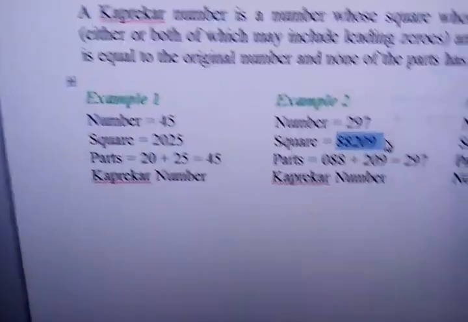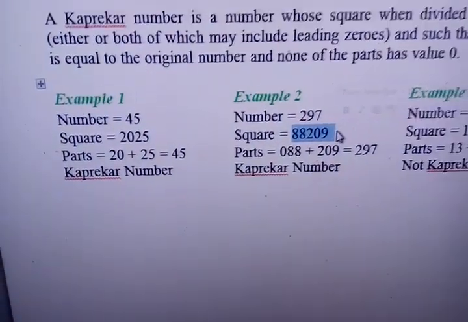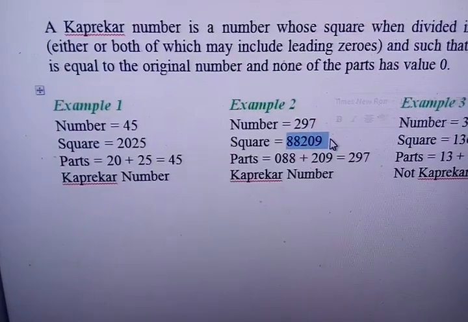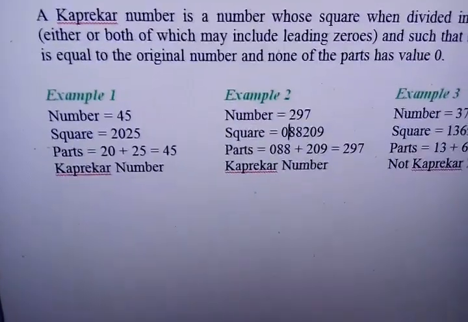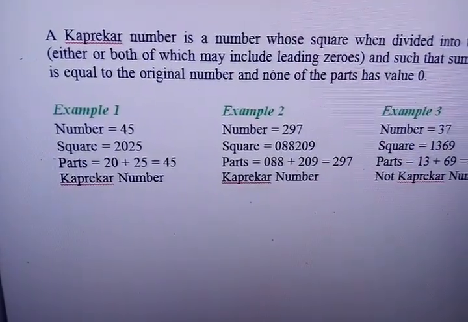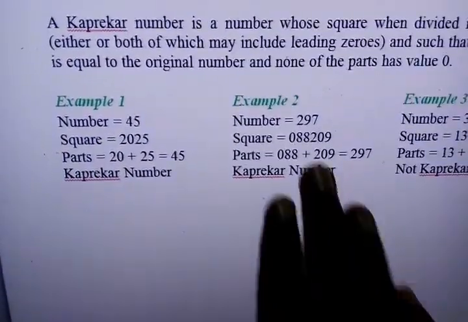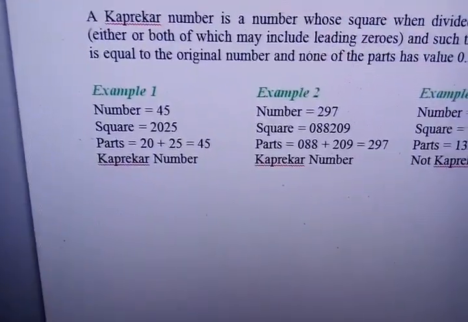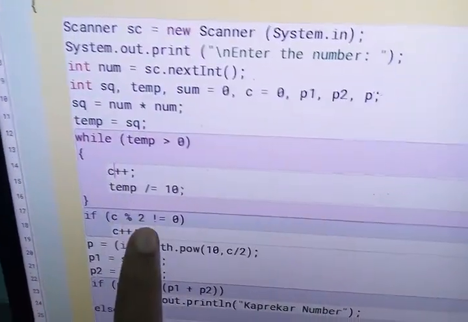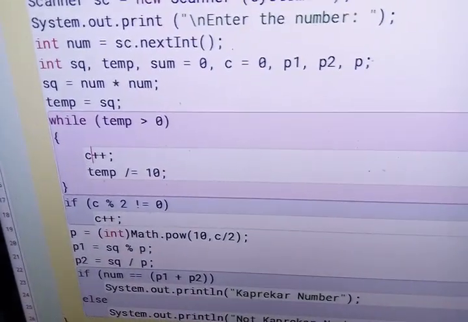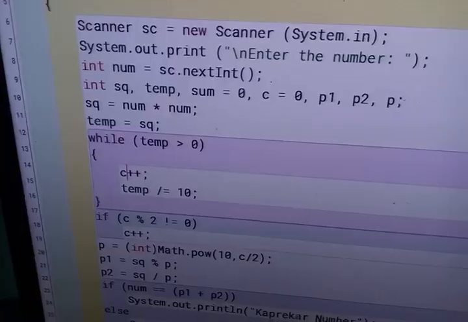So I need to increase the digit count by 1, because I will take one leading 0 at the beginning, only one leading 0. So it will become 6. Now I can divide it into 3 digits. Okay, that is why I need to check whether after counting, the count is an odd or even number.